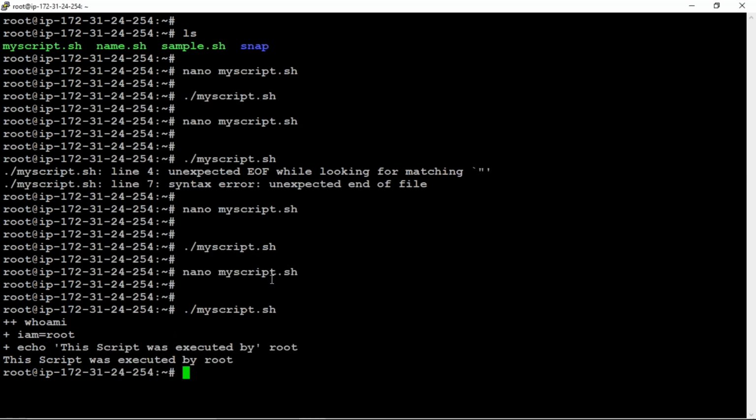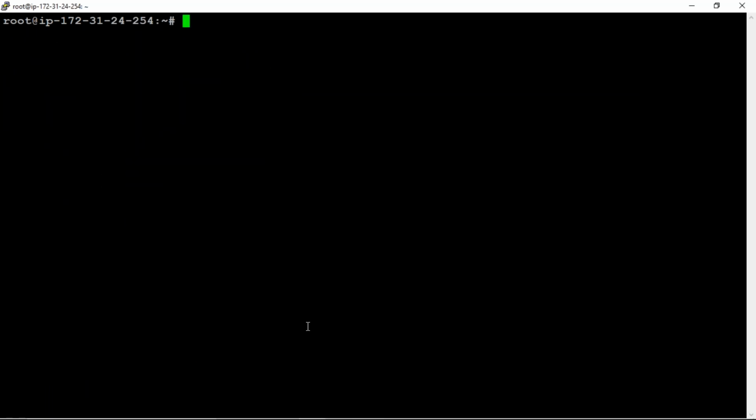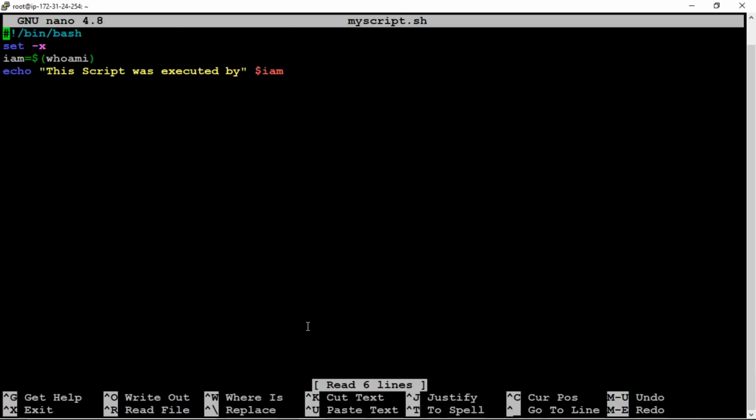And if you try to modify the code, I'm clearing the screen here. nano space myscript.sh, that is my code. I'm modifying the code; I have removed one of the double quotes.